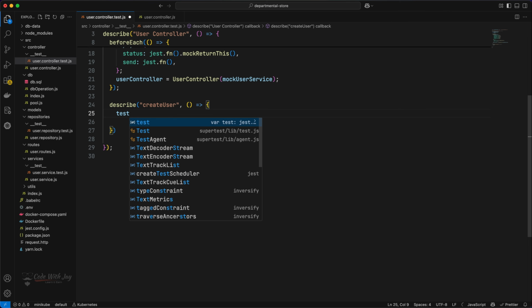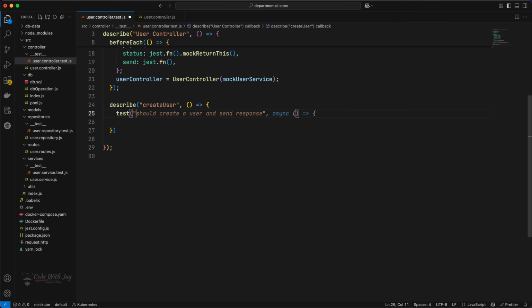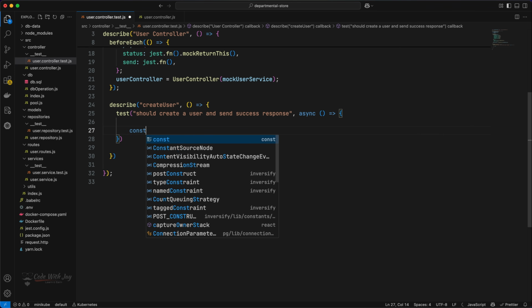We're going to say test, we'll say should create our user and send success response, right? This is exactly the expectation. So inside this test case, we are going to form one request here. We can say const newUser,